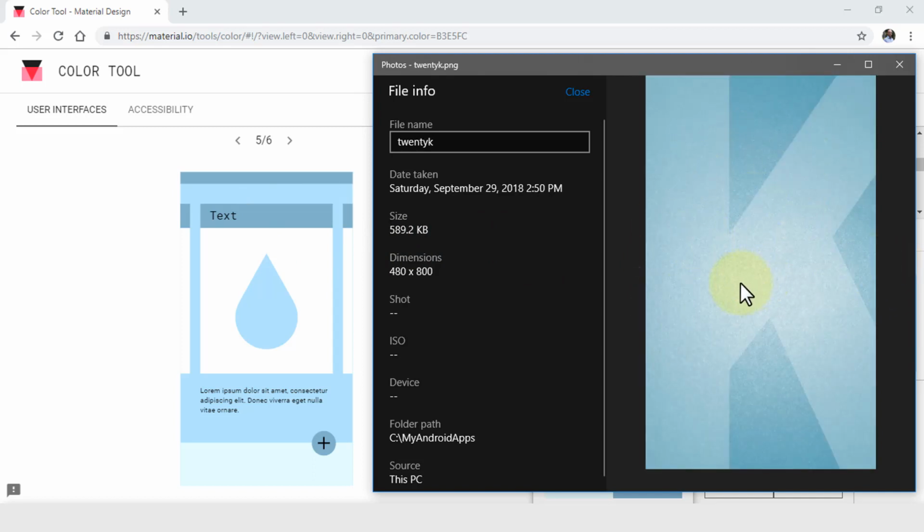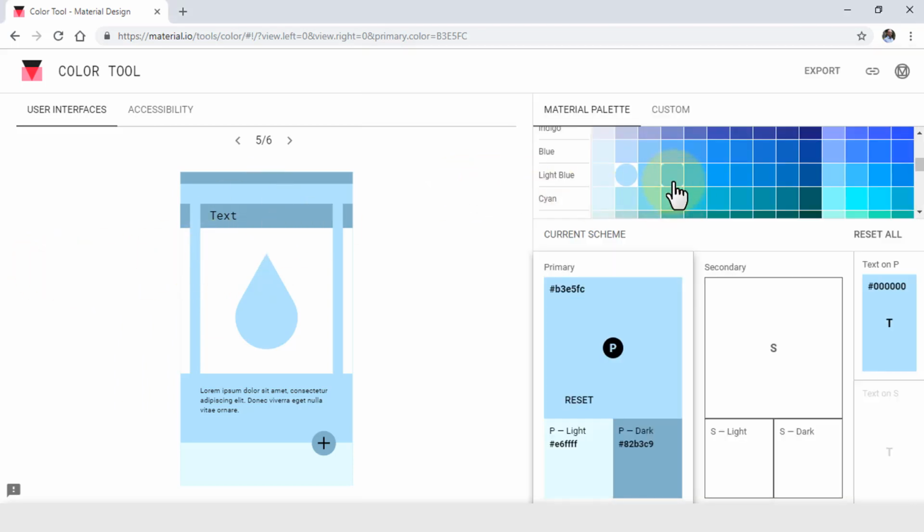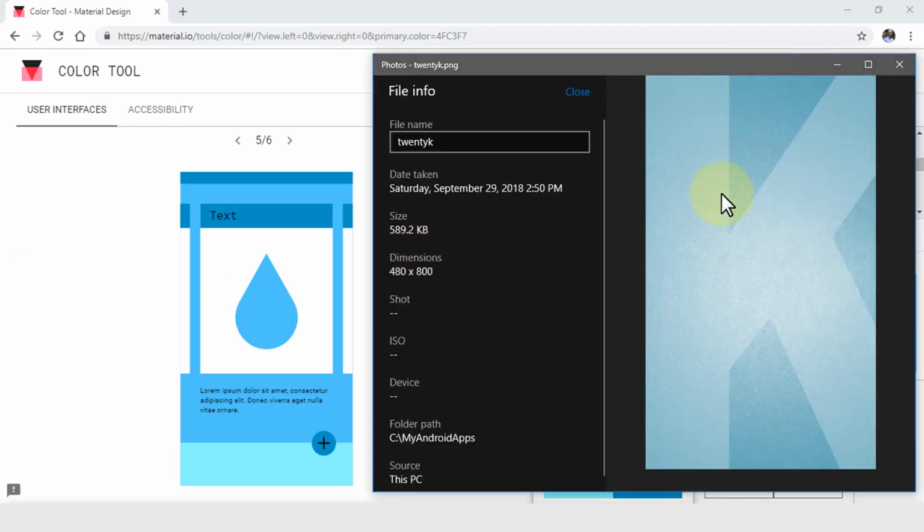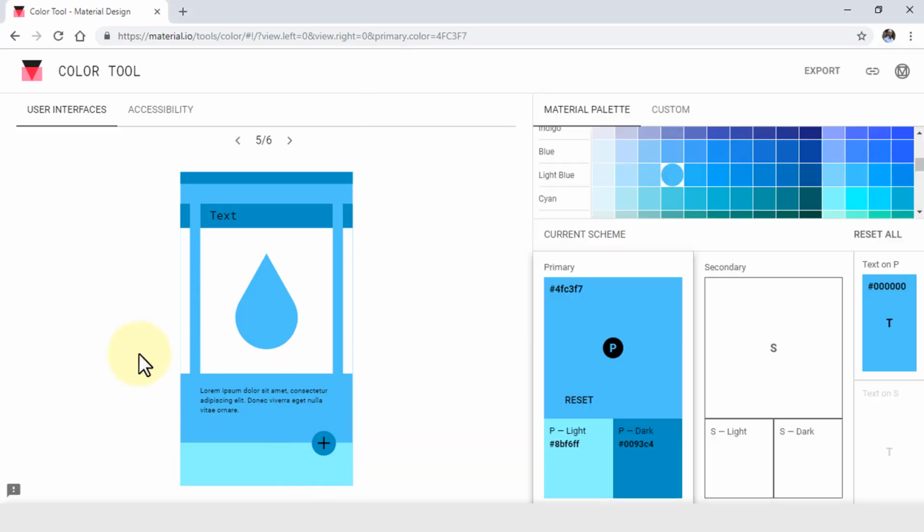And then I've also designed a custom image of the same size, 480 by 800. So if I were to use this with this particular color combination, that's fine. I can always make this a little darker. Just see how it looks and reflects with my app. Maybe this looks even better. So either way,